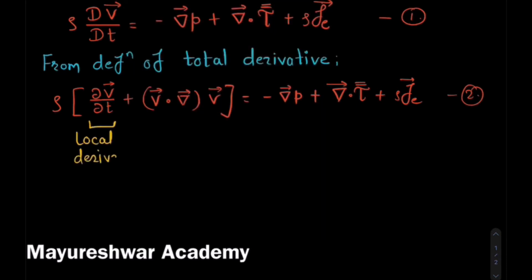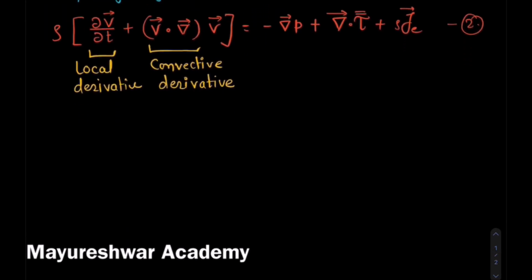Let us call that equation 2. The first component is, as I have said, the local derivative. The second component is the convective derivative, which will drive all the scales in the flow. So the left hand side of this equation 2